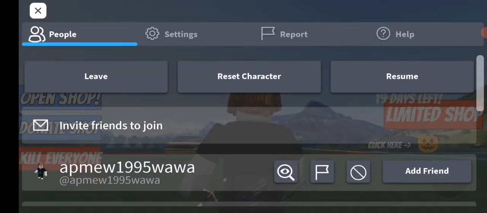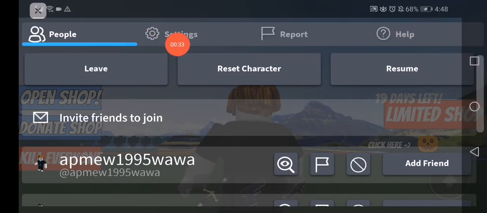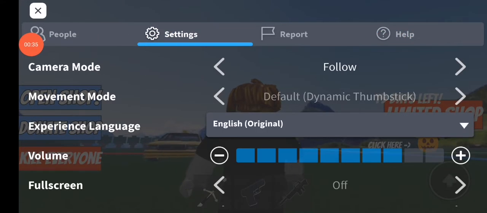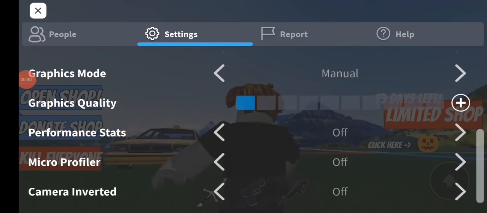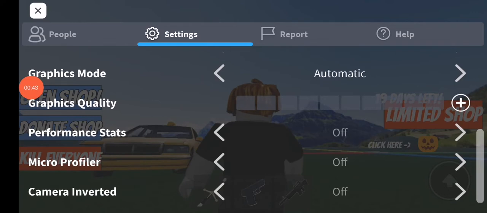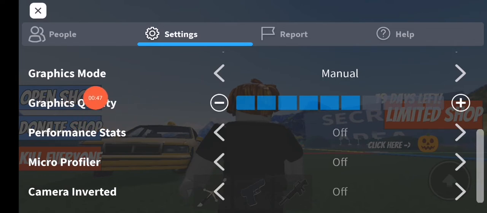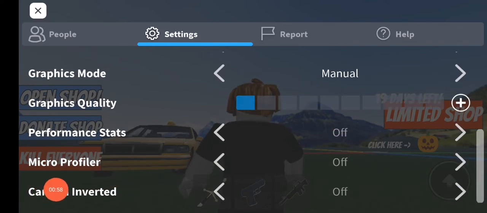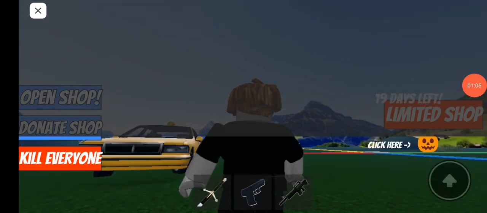and then make sure to go to the settings page, and then all what you have to do is scroll down and make the graphics mode on this manual option, and then make the graphics quality lower by clicking right here, and then all what you have to do is make sure to turn off the performance state and the micro profiler and the camera inverted. Go back